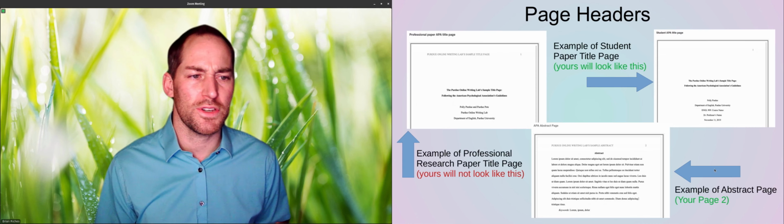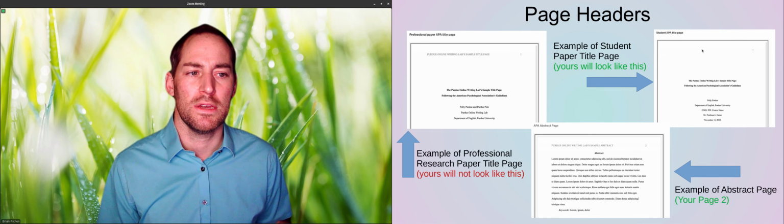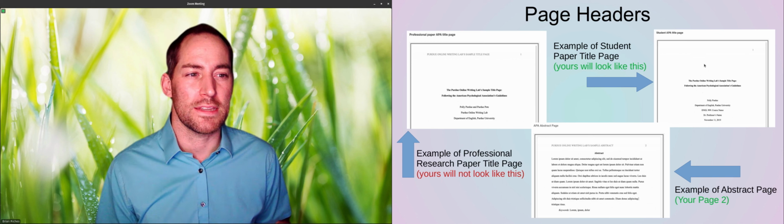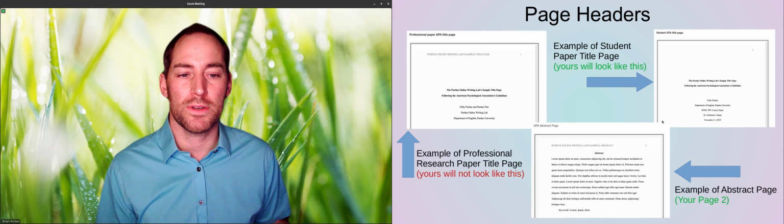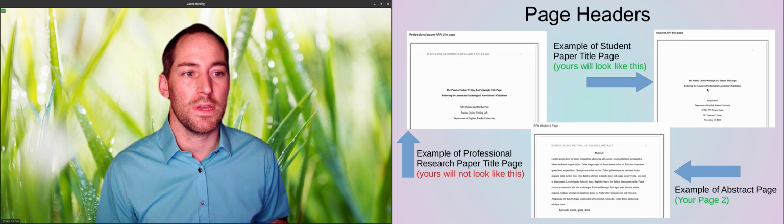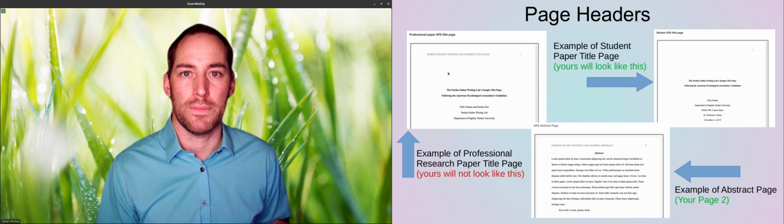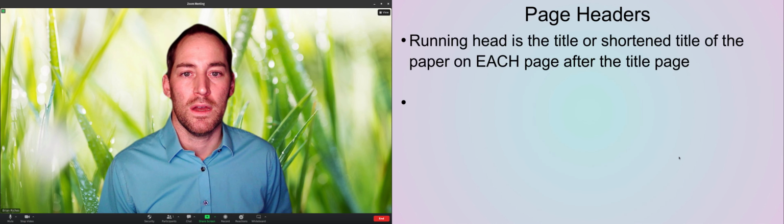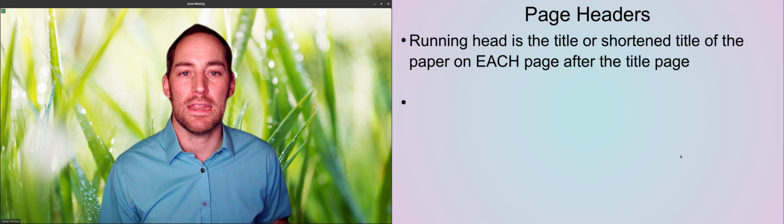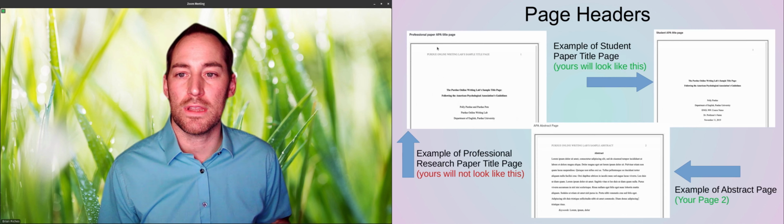If you're doing a question paper, you're not actually doing an abstract, and in some of my classes I don't require a title page on question papers. But for a lit review, absolutely page 1, page 2. Not like this. All right, so page headers: the running head is the title shortened at the top left